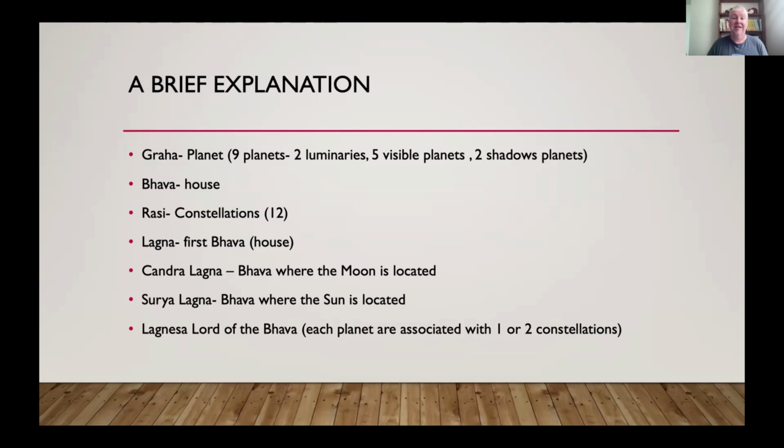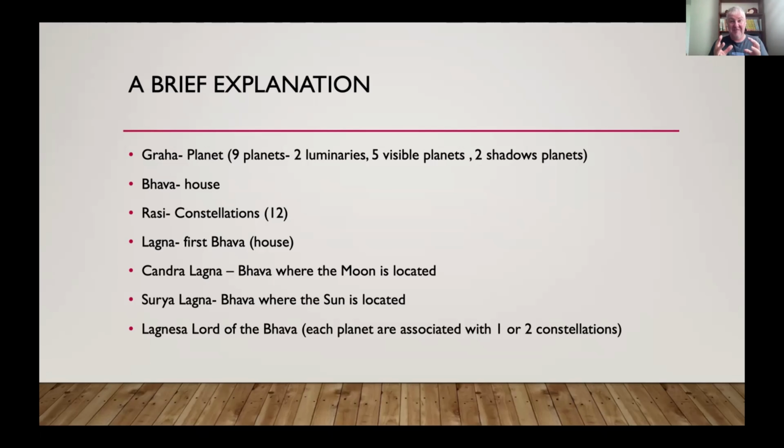Don't worry about that. Then you're going to hear the word bhava, and bhava means house, but bhava actually means state of mind, state of being, and that's where we're going to have the different placements in the birth chart with different meanings. The third word that I want to clarify is the word rashi, referred to as constellations, and they're the same as in Western astrology: Aries, Taurus, Gemini, Cancer, Leo, etc.